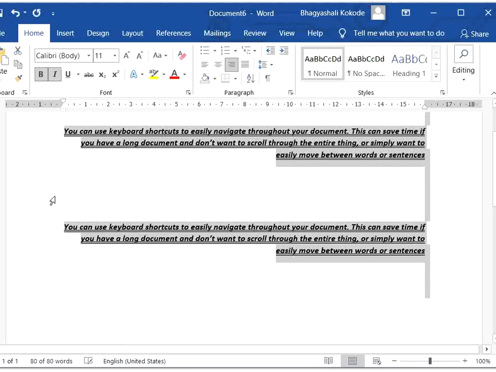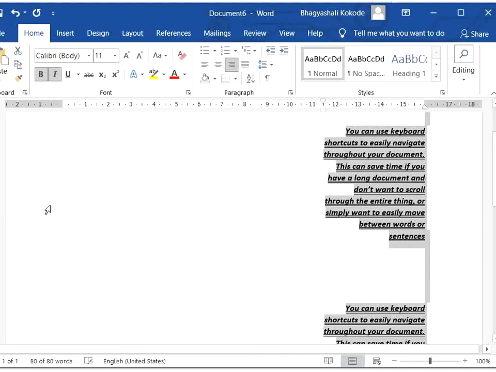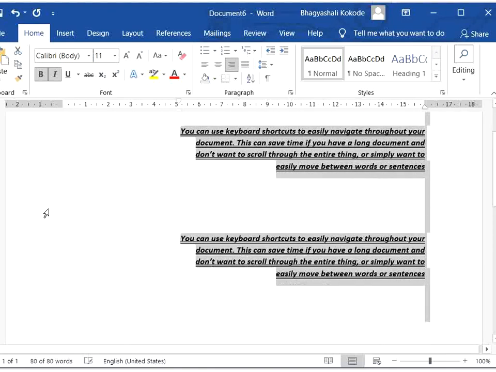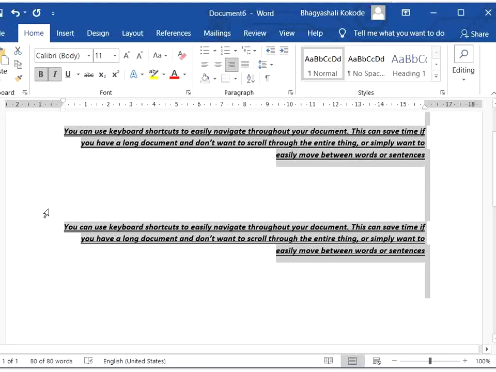I first use Control M, and next I am using Control Shift M. You can see that by using Control Shift M, it reduces the paragraph indent one level each time you press it.